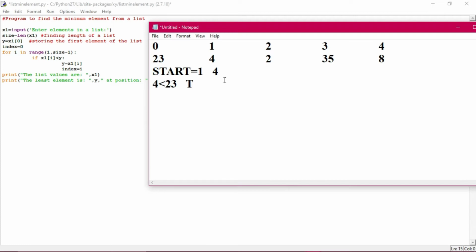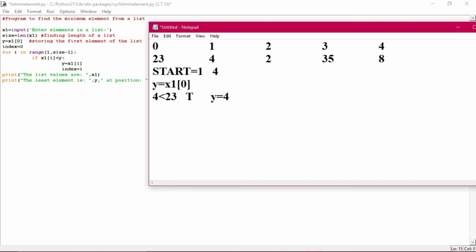So when it is true, y equals xi means this 4 will be appearing. First the value of y was 23, as we have stored out here. What we have written in the program is y equals x1, 0.